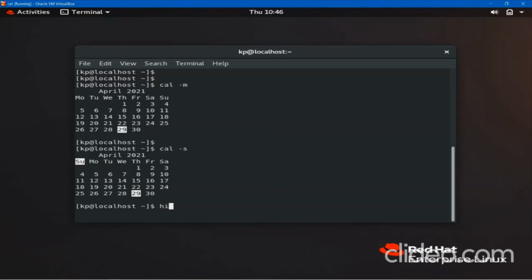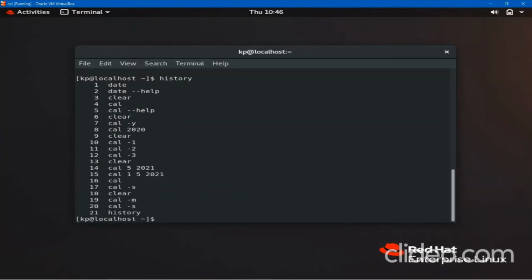And finally, if I show you the entire list, I can press history. It will show what commands I have used recently. Okay, so this is the GUI, and the same thing you can do with the CLI, no issues. And that's all for this video. I'm going to terminate this OS as it is consuming more RAM and CPU as well as storage. Just let me shut it down.